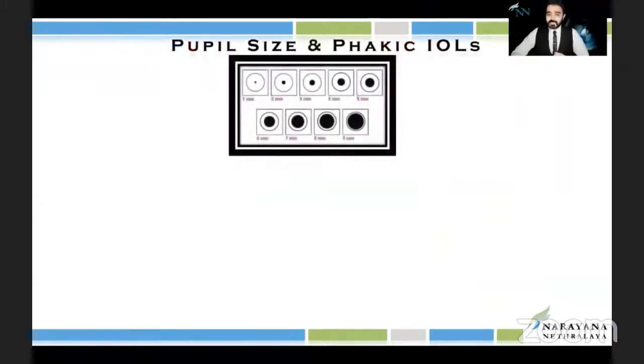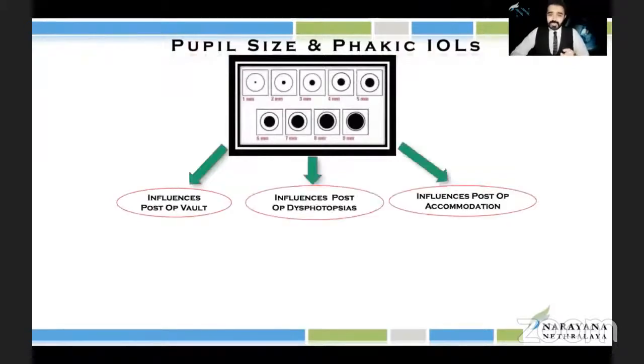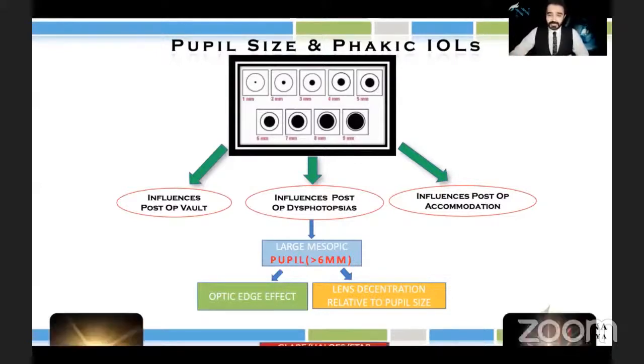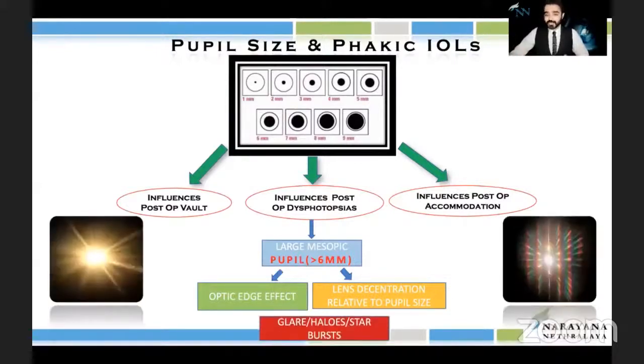Pupil size is something that normally all of us don't look at. Always look for pupil size, and if you have a mesopic pupil size more than 6 millimeters, better to avoid phakic IOLs. There are different companies which give you a larger optic size. They really customize to your needs, but generally, I think it's better to have a cutoff of mesopic pupil of more than 6 millimeters, because this can lead to a lot of halos and glare.